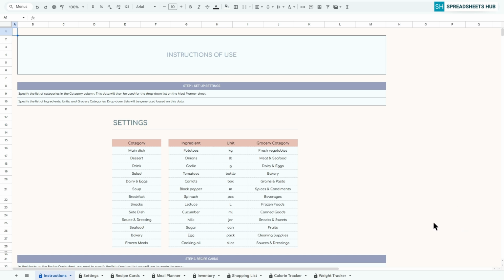Hi there. Today I'll show you how to use the meal planner template, which you can purchase on our website SpreadsheetsHub.com. This template helps you plan your weekly meals, organize your grocery list, and track your nutrition, making meal planning